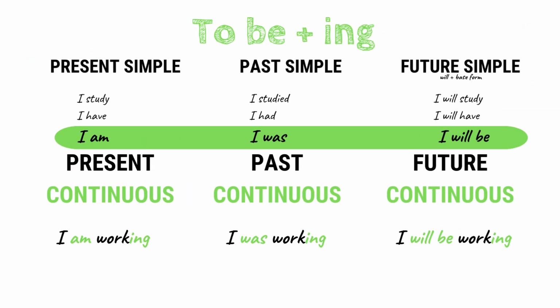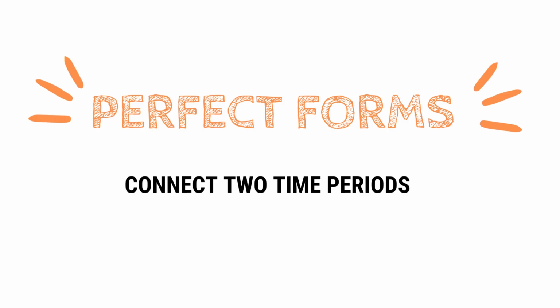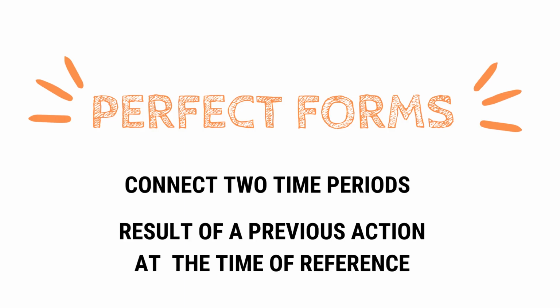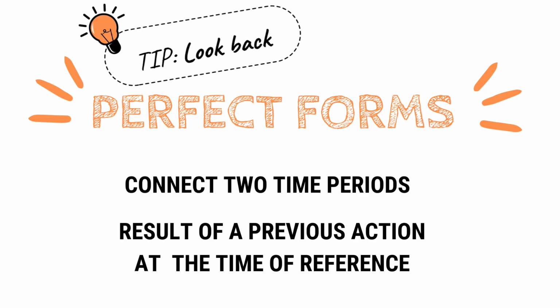Remember, continuous tenses are formed with the verb to be, whether it's in its present, past, or future form, plus ing. Next, we are going to talk about perfect forms. These can be tricky because the perfect aspect connects two time periods and focuses on the result or consequences of a previous action at the time of reference. In other words, we use perfect tenses when we look back from a specific time and talk about things up